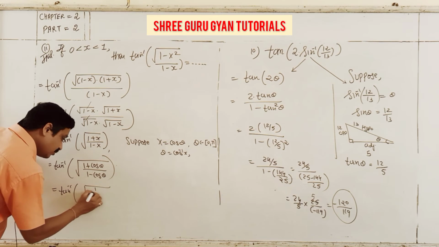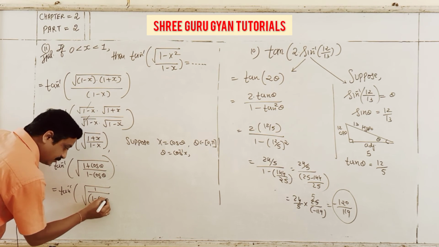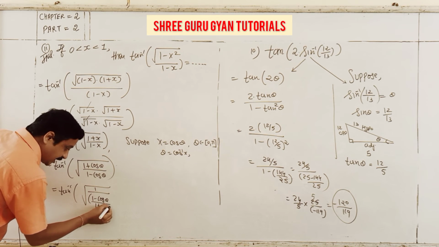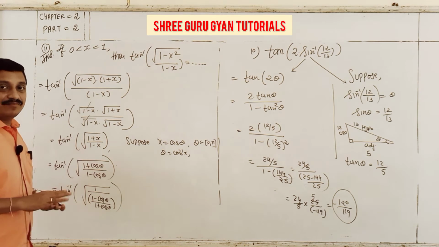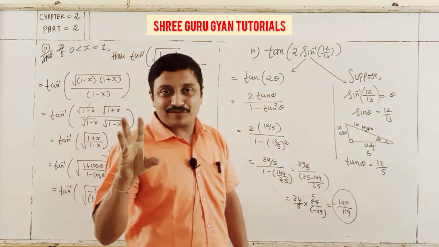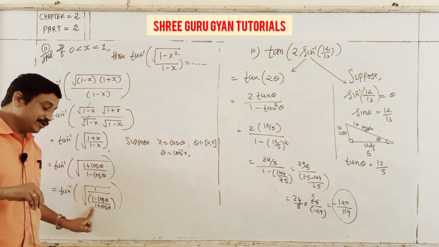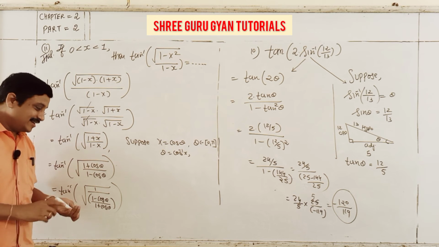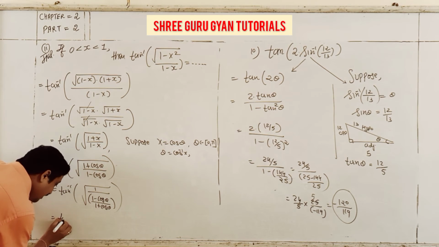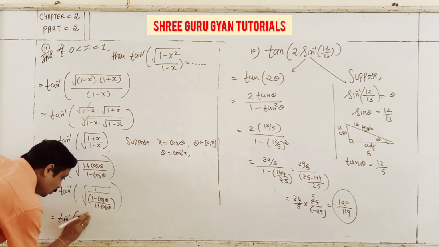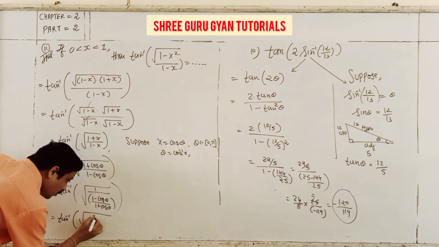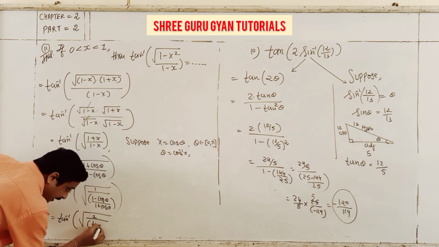If I write one more step, (1 minus cos) by (1 plus cos), that's your answer. Fifth property, group number 5: (1 minus cos theta) upon (1 plus cos theta) is tan square theta by 2. So root same, it is tan square theta by 2,